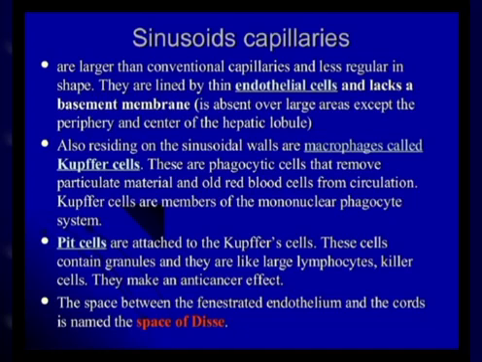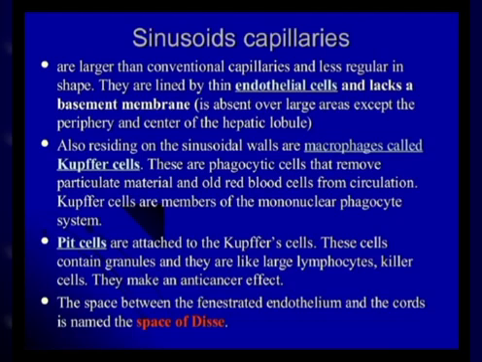Sinusoidal capillaries. The hepatic sinusoids are the extensive sponge work between the plates of the hepatic cells. These sinusoids have an incomplete basal lamina. These are actually dilated capillaries. We have talked about the capillaries, and these dilated capillaries were present also in the spleen. The sinusoids have an incomplete basal lamina, and they are lined by two types of cells.